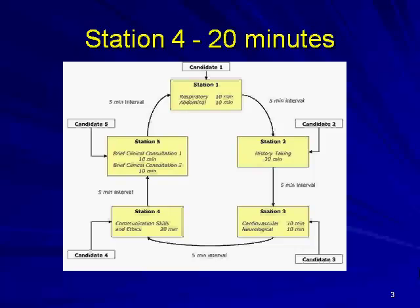Read the scenario carefully before going in. Decide the important issues that you are addressing and what you should stress for the patient to take home. Make sure that you write down the main points you want to discuss, otherwise you may forget once you go inside that room. You are given a blank sheet of paper to scribble on. If possible, use this time to decide which words are likely to constitute medical jargon and think of equivalent words